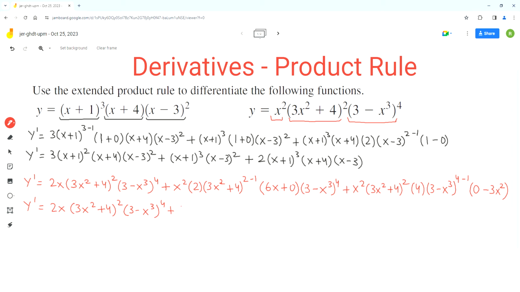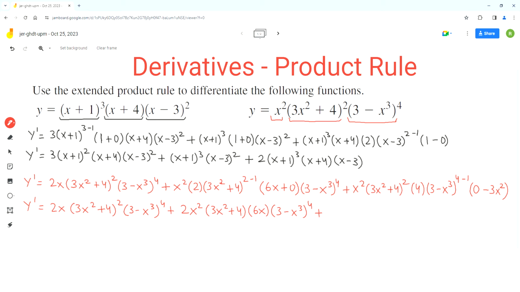So it will be 2x squared and then (3x squared plus 4) exponent 1, but we don't have to write that. Now 6x plus 0 will just be 6x and then (3 minus x cubed) exponent 4 plus,